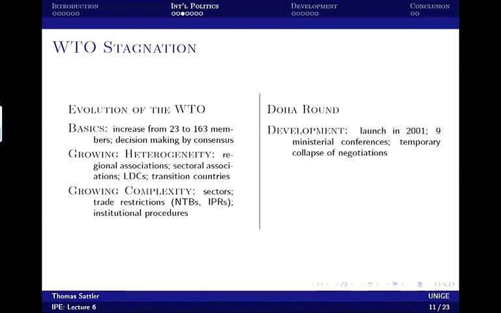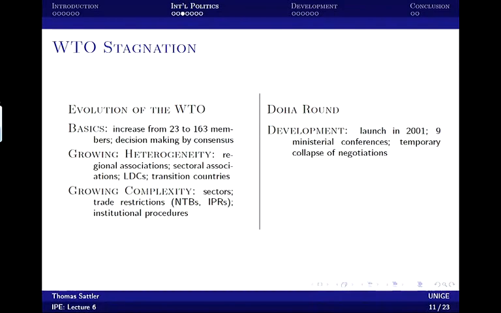And to show you how this then affects the WTO, we can look at the Doha round. The last round that was concluded was the so-called Uruguay round that was concluded in 1994. And that led to the establishment of the World Trade Organization. But in 2001, a new round was launched, the so-called Doha round. And what we had is already 9 ministerial conferences. And the